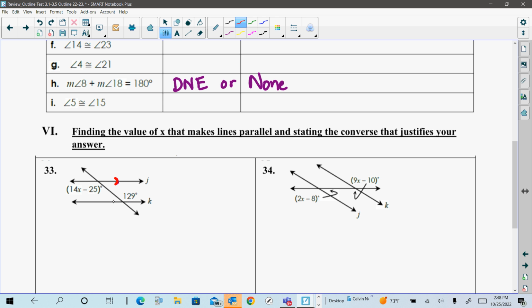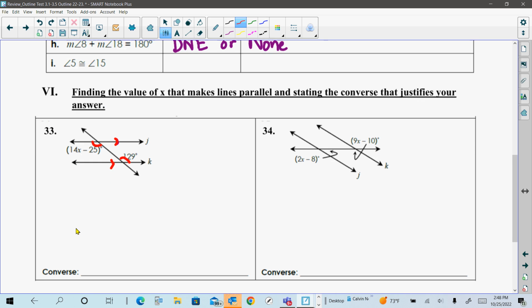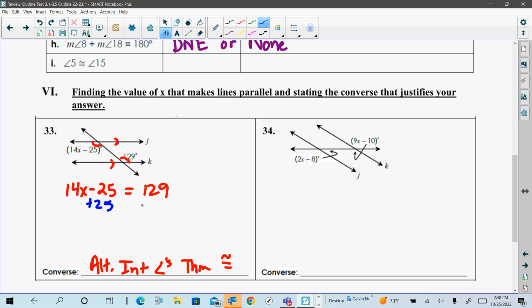Now the last part here, they're telling us that the lines are parallel. So knowing they're parallel, we're trying to figure out the value of X to make it true. So we're just solving for X like we did with the algebra problems. This angle represents the 14X minus 25, and 129 is right there. What we have as our converse, we are seeing hopefully alternate interior angles. And if we have alternate interior angles, they are congruent, which lets me set this up as 14X minus 25 is equal to 129. And we're going to solve for X by adding the 25 to both sides to isolate that 14X. We get 14X is now equal to,